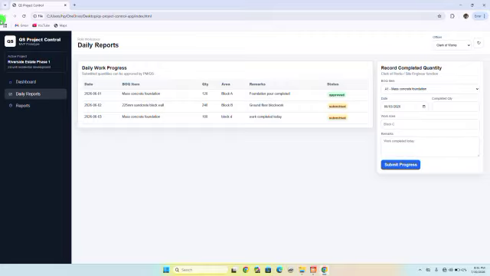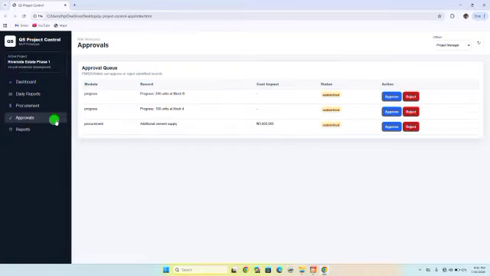Then you can say it's been submitted now. So let's say as a project manager, you can come for approval. You can approve or reject, right? Then as the QS, you can also approve or reject. Now, the good thing about this is once you approve,